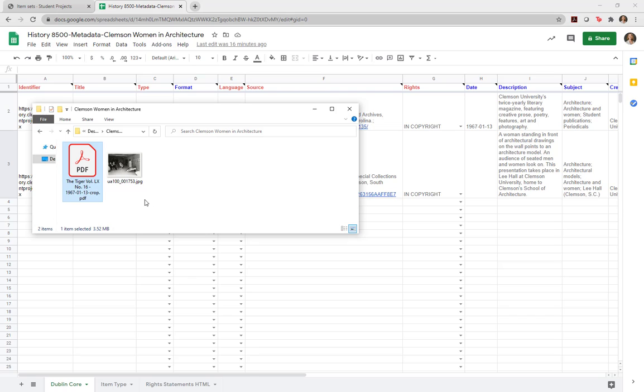If you have files that you collected from external sources, or digitized materials from the archive that are not published online and have not had conventional file names created for them, you can create your own consistent file naming convention. One example could be to use an abbreviation of your collection name, or your own initials, or a combination of those, and a consecutive number after that. So in the Women in Architecture collection, I could use a file name like CWA_JLS for my initials, and then _001. Then the next saved file would be